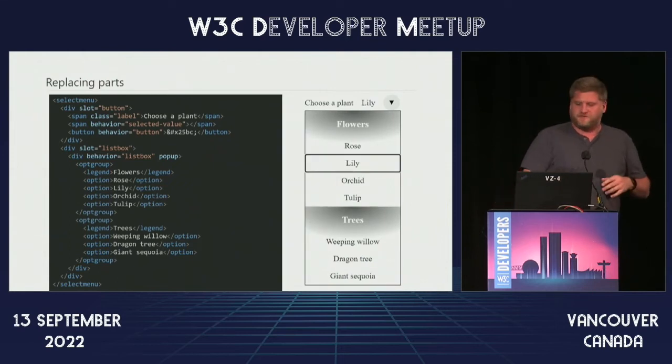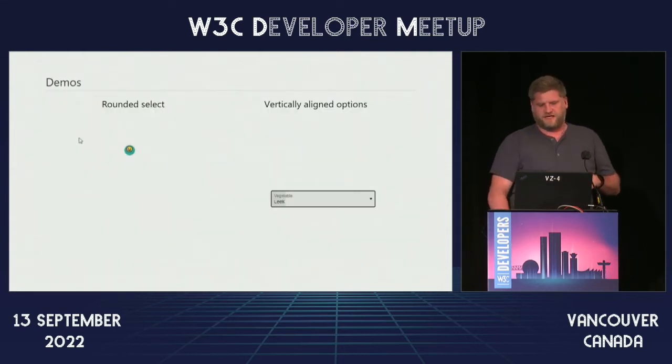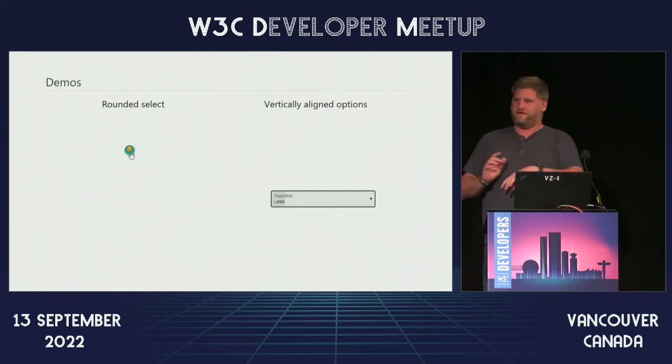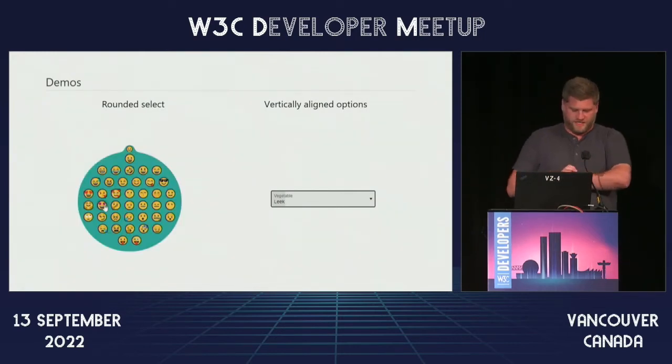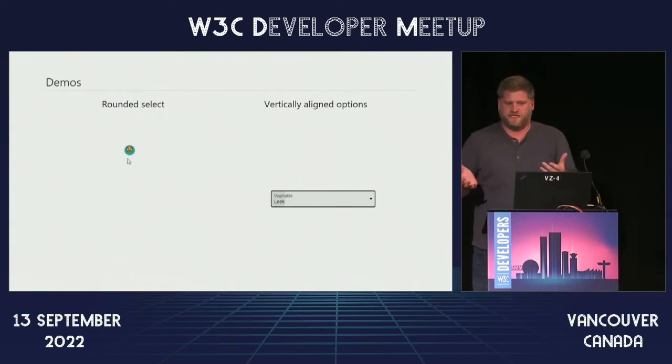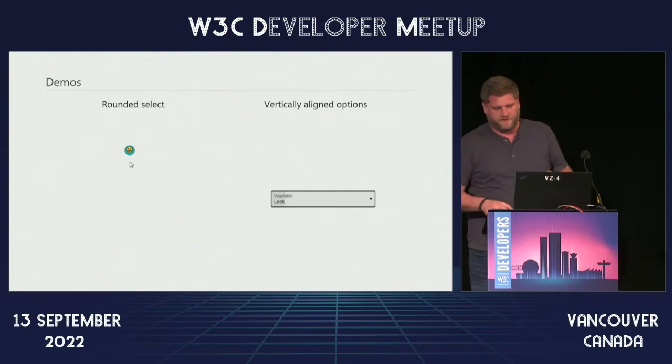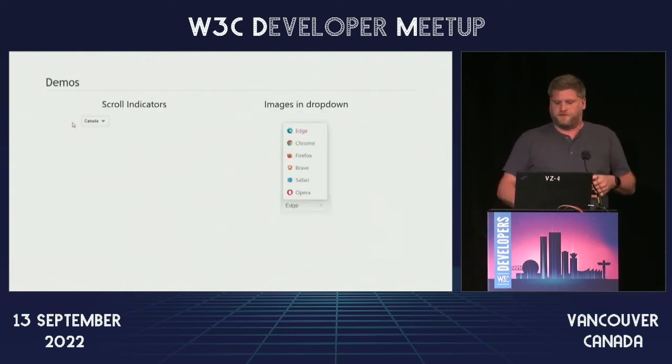I'm running out of time, so I'm going to have to speed up. This is what I mean, this could technically take forever. Here, again, technically the one on the left is drastically different, right? But again, it's still technically just a select, right? You're just selecting an emoji, but it's drastically different. The layout is completely different. Likewise, the one on the right basically ends up doing the pop-ups. I don't know why these aren't animating, but that's okay.